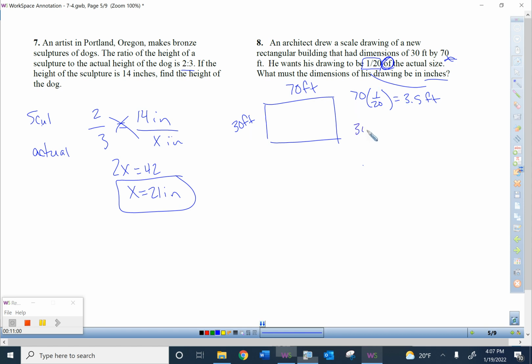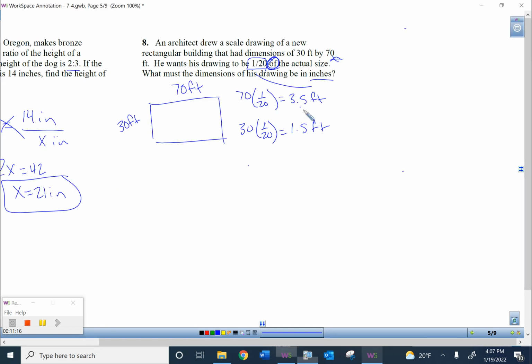Same thing with the next one, 30 times 1/20. So that's 3/2, which is 1.5 feet. And now we just have to change those to inches. Okay, so this is similar to what we were doing before. Because we have feet, we just have to multiply these each by 12 to get how many inches they are. So my first one here would be 42 inches, and my second one would be 18 inches, just multiplying those